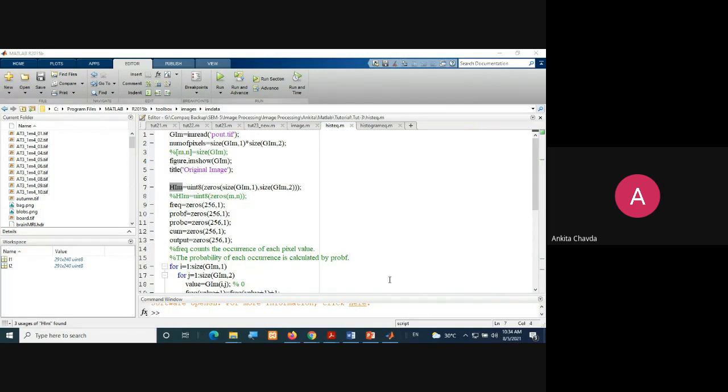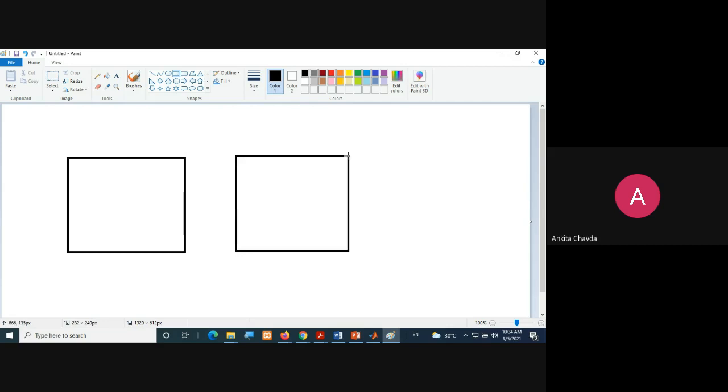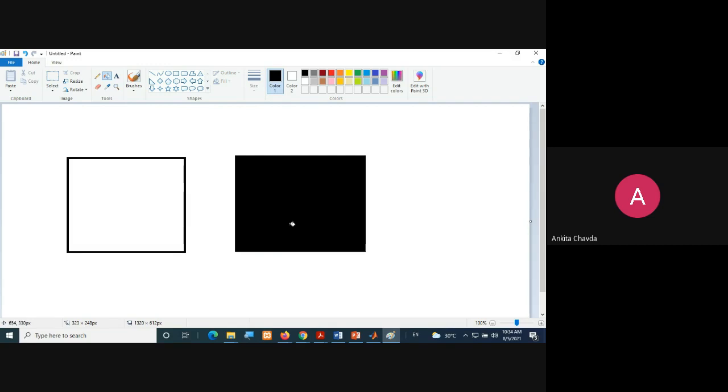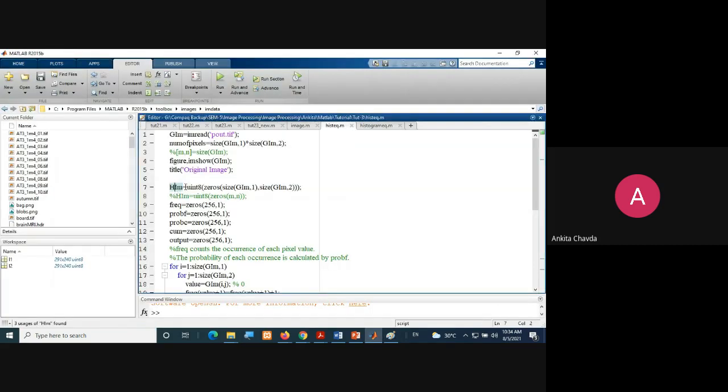So that image data type I'm specifying as an integer. Okay, so this is my input image, and this is what I want my output image to be for now, which is filled with the black color, right? This is what I have as my output image initially, and then I'll simply fill in the intensity values. So this HIM, that is my output image, equals uint8, because I want it in integer, right?